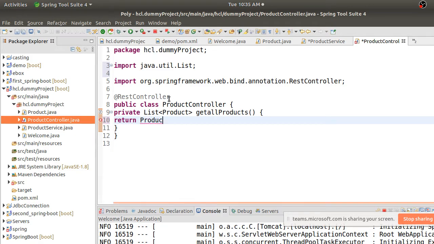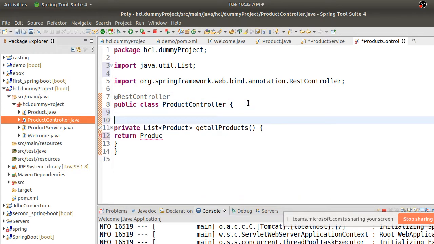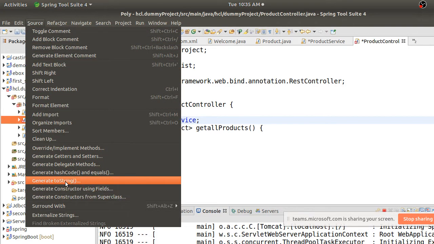Before that, I need ProductService as a dependency here, because I cannot use it if I don't have it. So this is the dependency I have in my ProductController. I just create getters and setters for that.